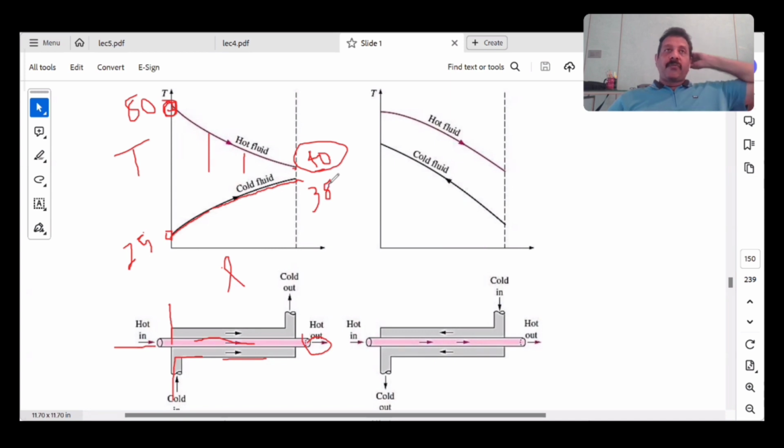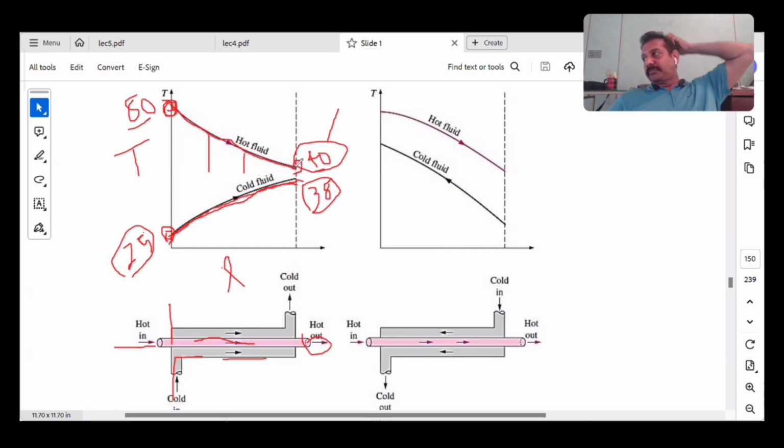இதுதான் parallel flow இல்ல co-current flowல நடக்கும். Hot fluid enters here, loses heat continuously to the cold fluid, and இது hot fluid ஓட inlet temperature, இது hot fluid ஓட outlet temperature. Cold fluid enters, ரெண்டு ஒரே directionல தான் flow ஆகுது. Cold fluid இங்க தான் enter ஆகும். It enters at the lowest temperature and its temperature will keep on rising. Why? Because it gains heat from the hot fluid and it comes. By the time it comes out, it would have attained the outlet temperature of the hot fluid.